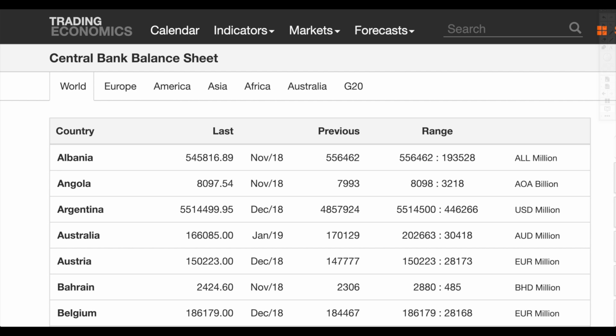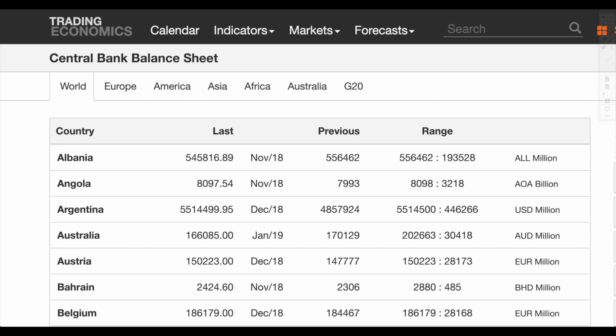When you want to know what the central banks are up to, this is one resource you can check out. I showed you the Fred website where you can see those. So basically you just go to a search engine, you type in Fred, and then maybe you could type in the word St. Louis, which is the St. Louis Fed website, but they call it Fred. And so you can check that out there, where you can find a few of the central banks.